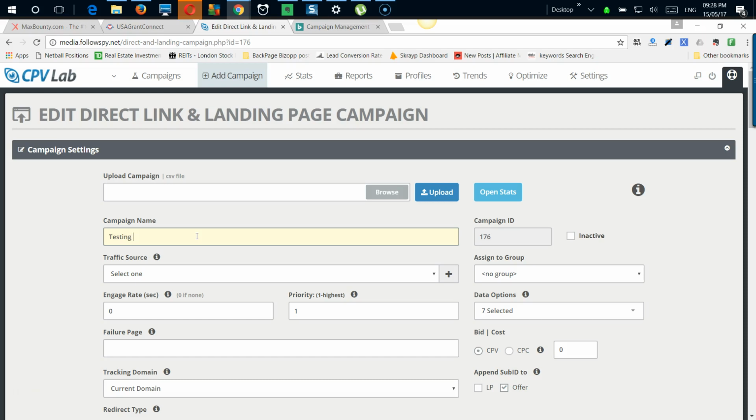Give it whatever name you want, so you'll be able to remember what campaign it is, and make it the same as what you're going to put on Bing Ads as well. The same name, because when you have more campaigns, it'll get too much, so make it the same name to be more organized. So I put testing